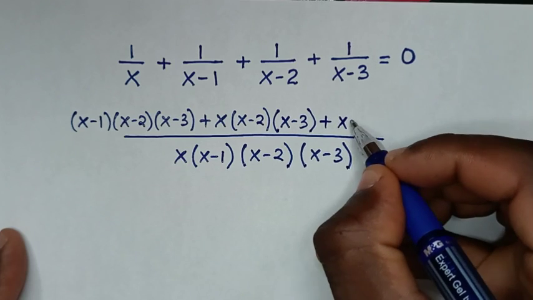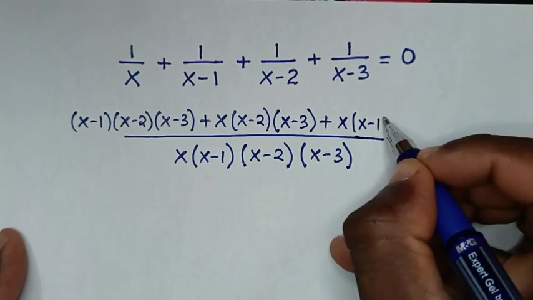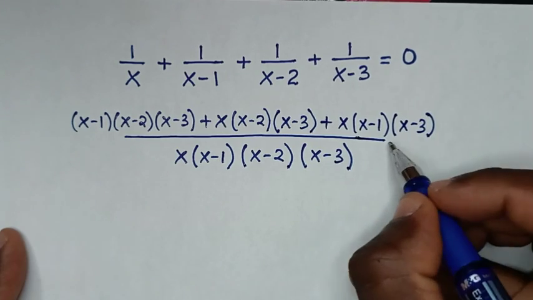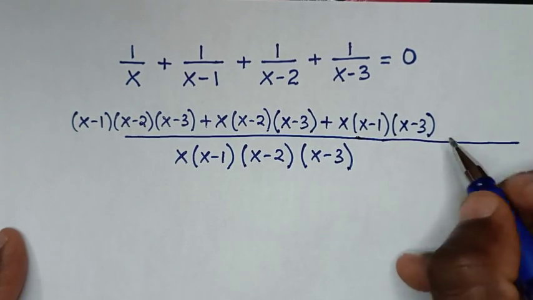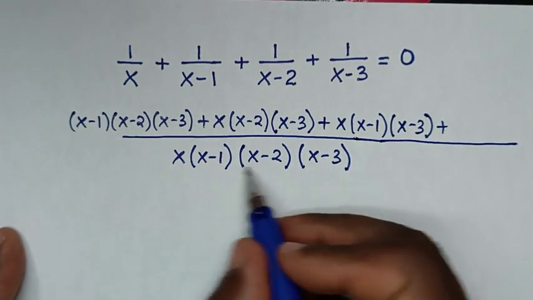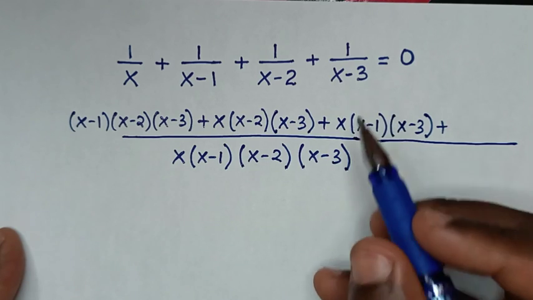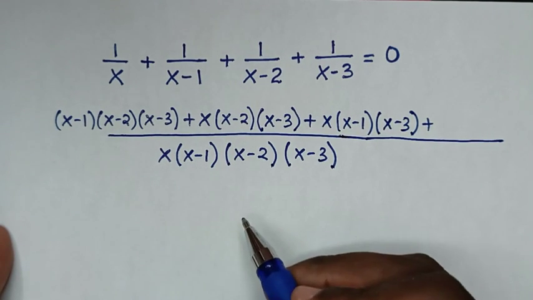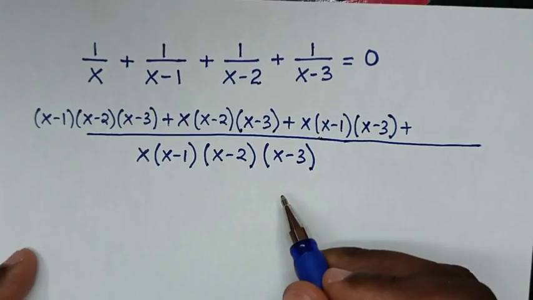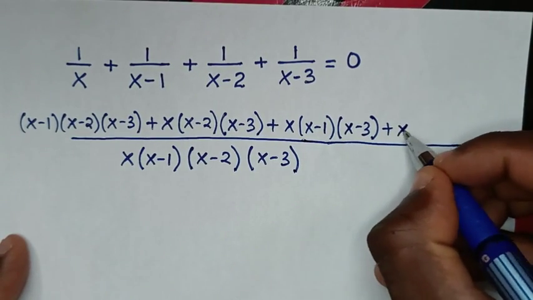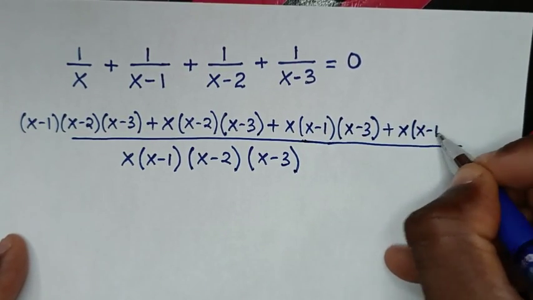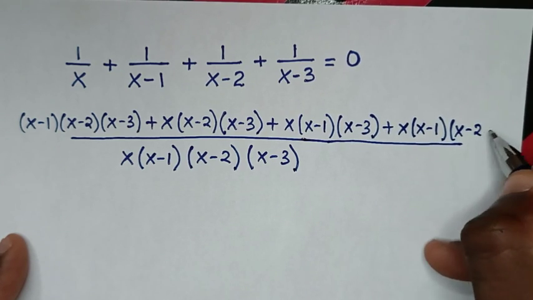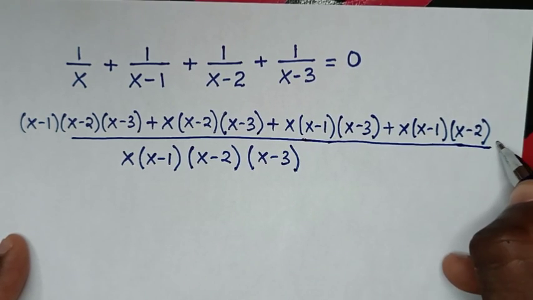So here it will be x(x minus 1)(x minus 3), then plus this, divided by x minus 3, it is x times (x minus 1) times (x minus 2). So in here it will be x(x minus 1)(x minus 2), then is equal